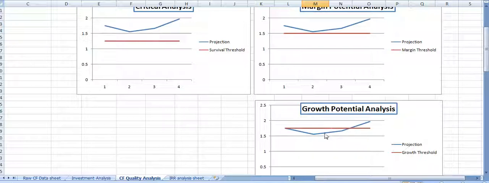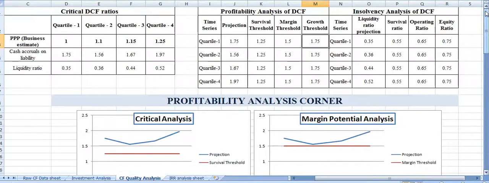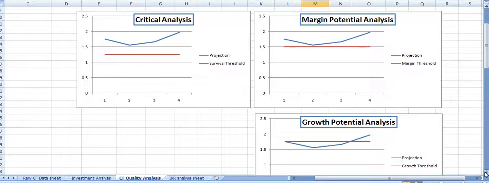In between, in the initial stages, the first quartile, second and third is a period of consolidation, and understandably so. And in the final quarter, we see the gap increasing, essentially implying that towards the terminal points of the timeline, we can estimate a phase of potential growth and sustainability for consolidation of the sustainability of the project, which is fair enough. So this is how we are likely to evaluate the potential of a discounted cash flow